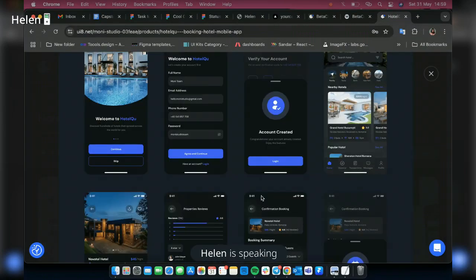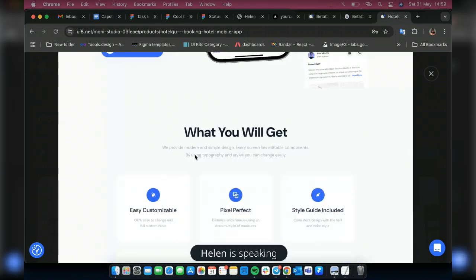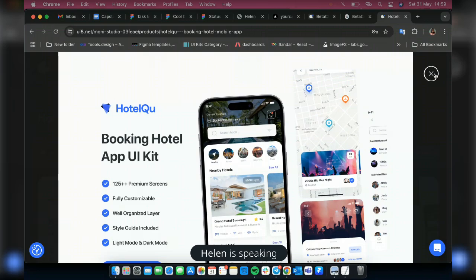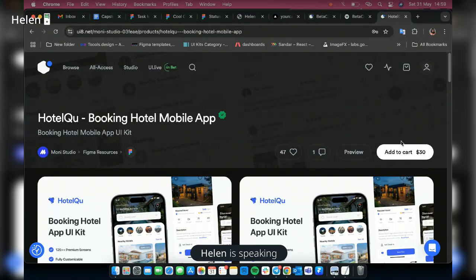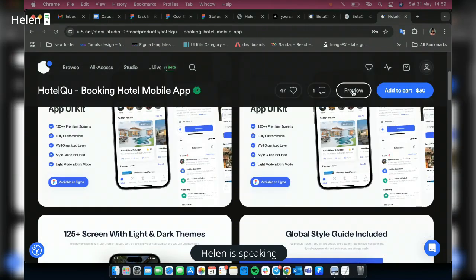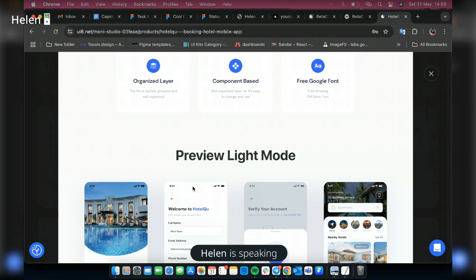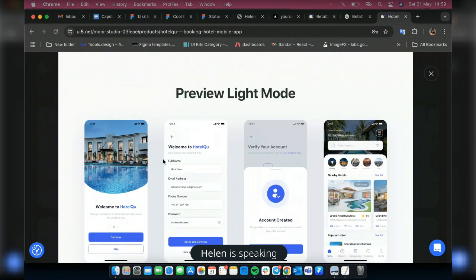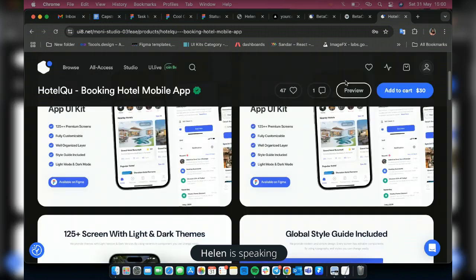But when you pay the $32 and go through other processes, that's when you get the design. Let's say, for example, I love this welcome screen and I want to implement it in my own design. You can screenshot or you can just come here and add love. So when you go to your account, when you go to your profile,